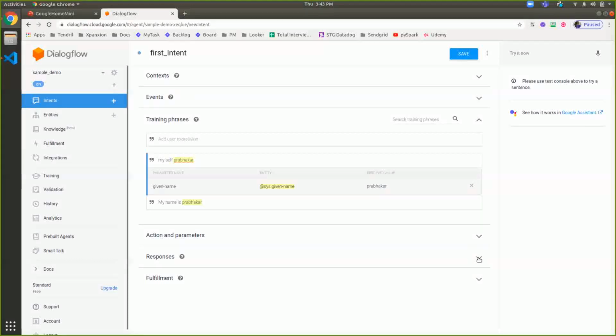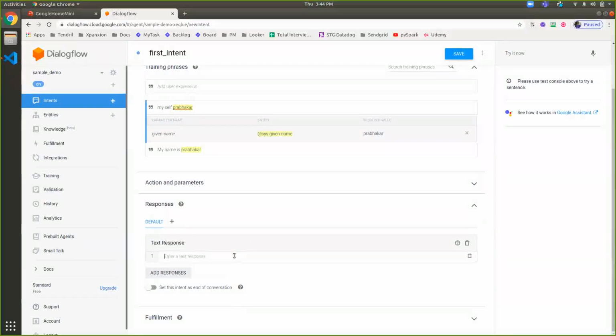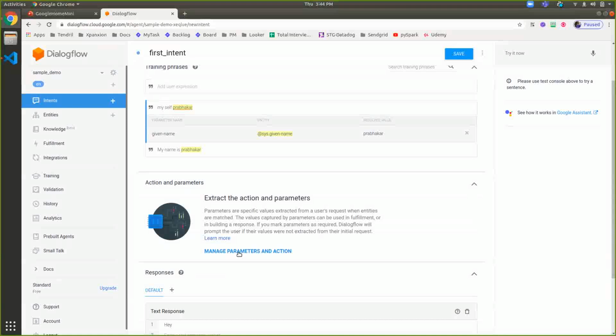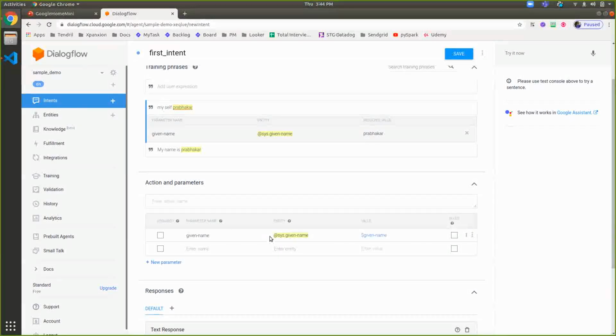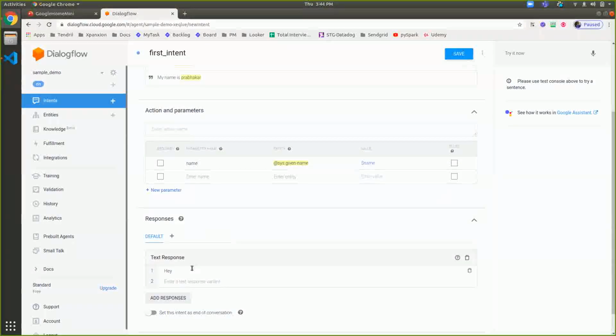So I can go to the responses here. I can add some default and dummy response here. If I say, "Hey," and the name of the person. Before doing that, if you go to the parameters, you see the default name which will come as a parameter as a given name. So I can mark it as a name for my convenience so that I can easily write a program for that. So if I say hey, and dynamically I can mark it as a name,